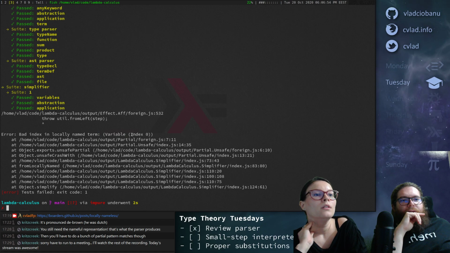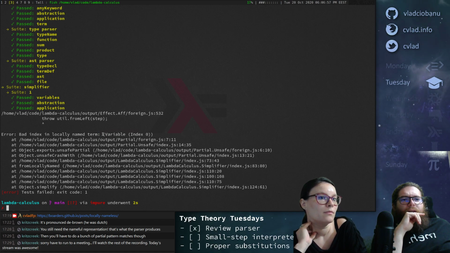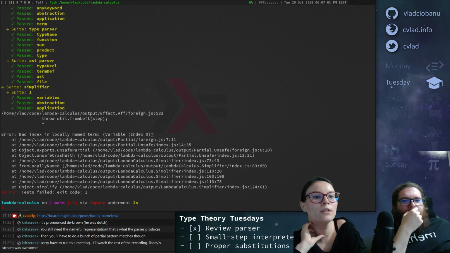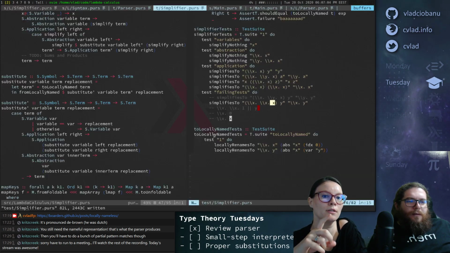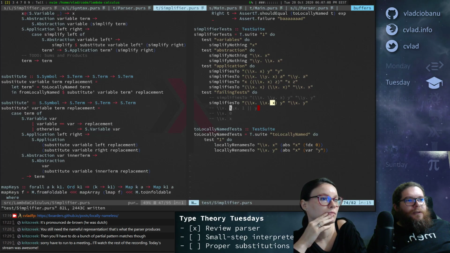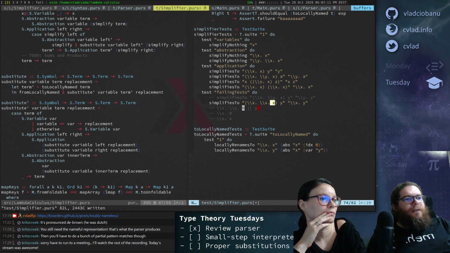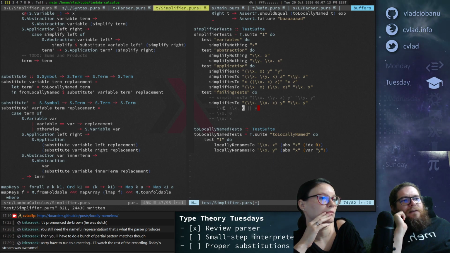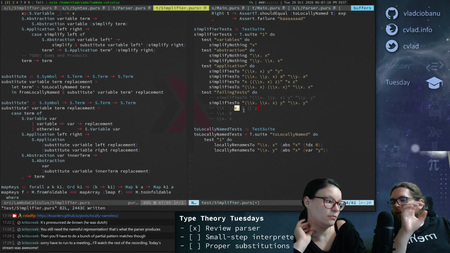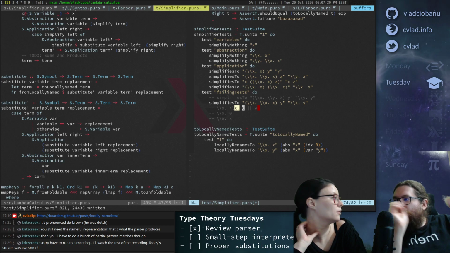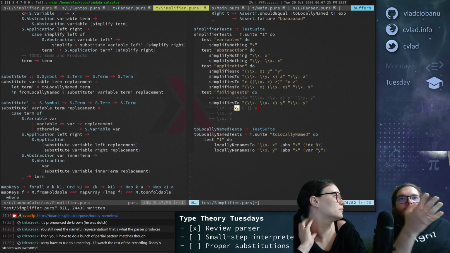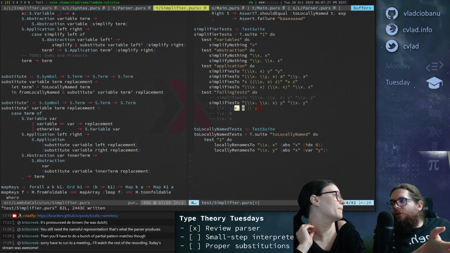Bad index variable. Oh, yeah. What do you mean? The term is index 0, which is correct. Can you go back to where you throw that extraction? Oh, okay, never mind, because I wrote it wrong. This should be 0, remember? Because this is 0, and then this becomes 1, and this is 0. We count from inside to out, right? So inside is 0, and outside is 1, 2, layered. So it's looking for, right? We know that x is 1, but we don't know what 0 is, because